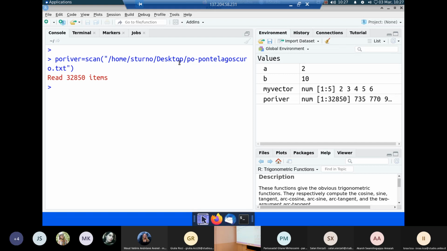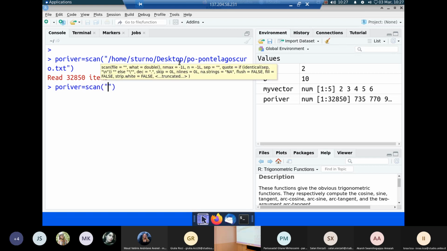Okay, let's try to find it. You have two options. Either try as I did. So let's write. You may try this: forever equal, and commas, C, double slash